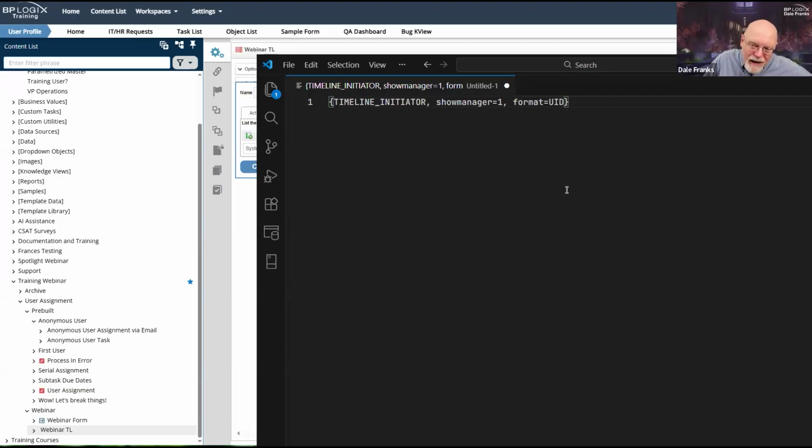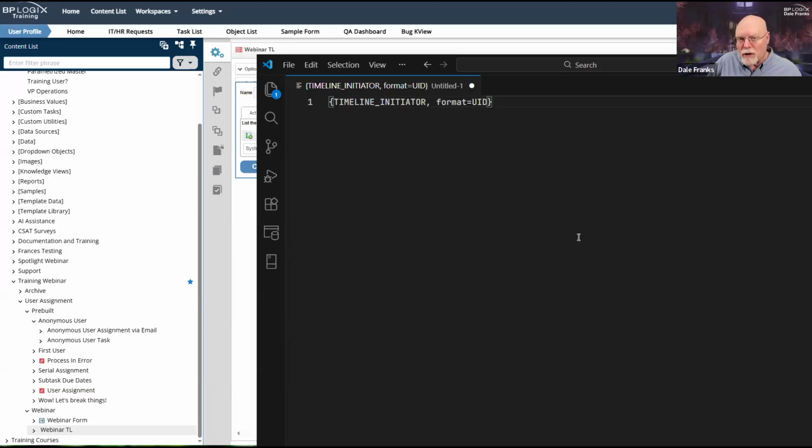And this is probably the most common way of using a system variable for a process timeline assignment. It's not the only way. I can use any system variable that returns a user, and I can do the same thing. If I wanted to, I don't have to do this because I have timeline initiator as a drop-down selection, but technically, I could just assign the task to myself as the timeline initiator.